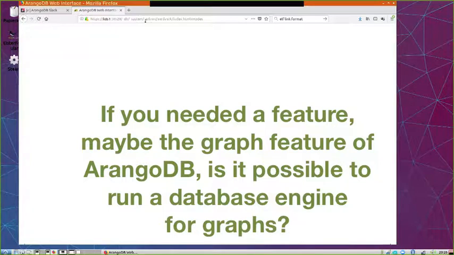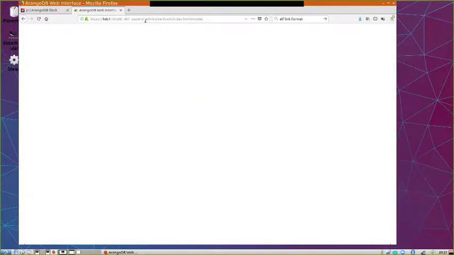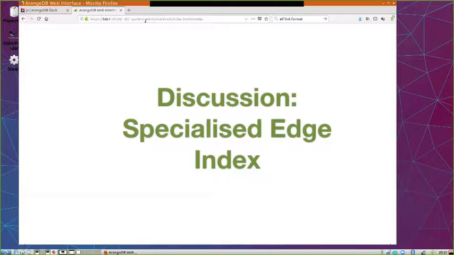The typical graph query is one where you start somewhere in the graph and explore the vicinity. You do the graph traversal. And now what you have to make sure is that however you have stored the data, the operation to find all the outgoing edges from a vertex is extremely fast. That is what we do with a specialized edge index. So we index the edges in the edge collection